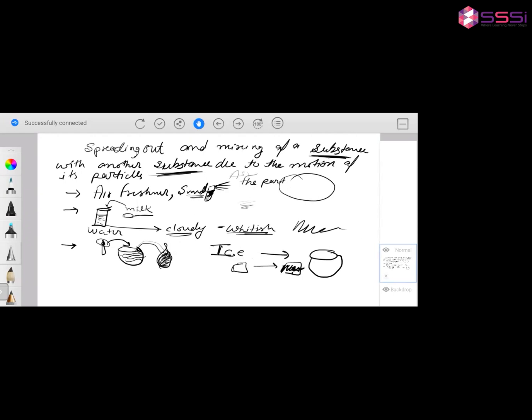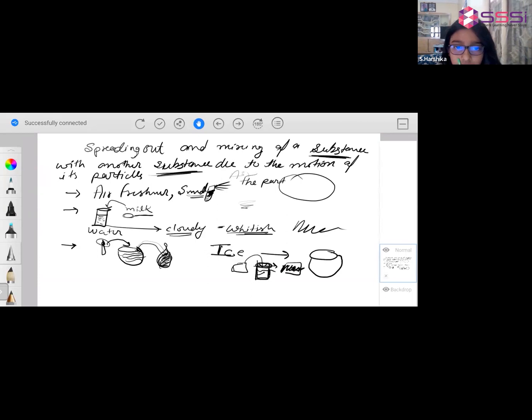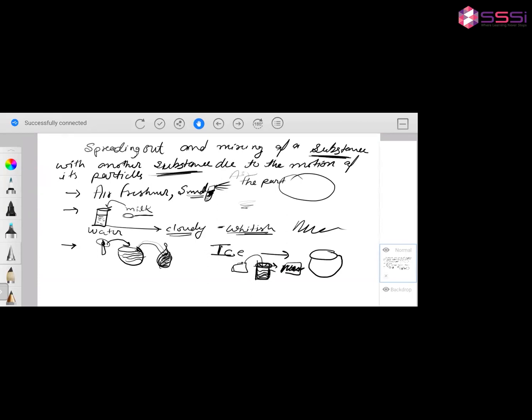They just spread out. When you put ice in your shake or in your glass of whatever you drink, that ice diffuses, right? Yes. Okay, clear? Yes, clear, ma'am.